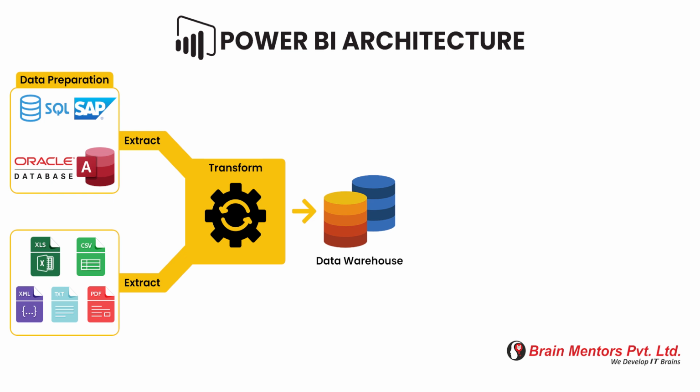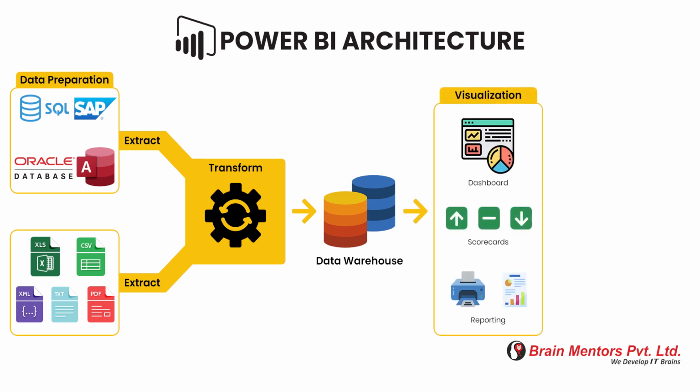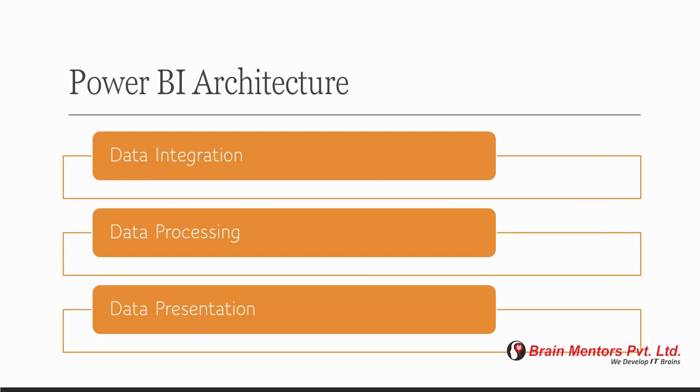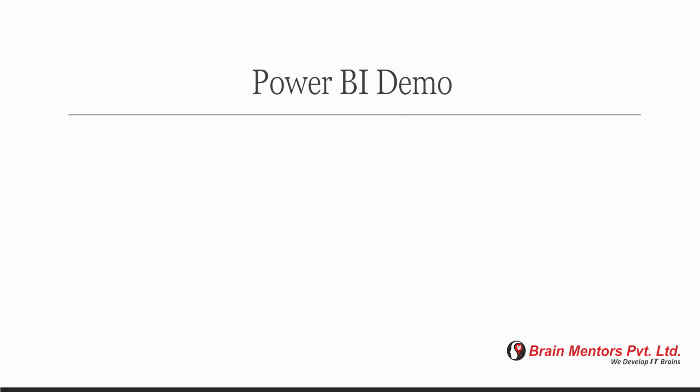So in this process, data moves from the warehouse into Power BI platforms like Power BI Desktop to create reports, dashboards, and this kind of stuff. From the report development platforms, we can publish the report on the web or a mobile app to share it with other business users. So this is the basic architecture of Power BI, combined in 3 different parts: data integration, processing, and presentation.